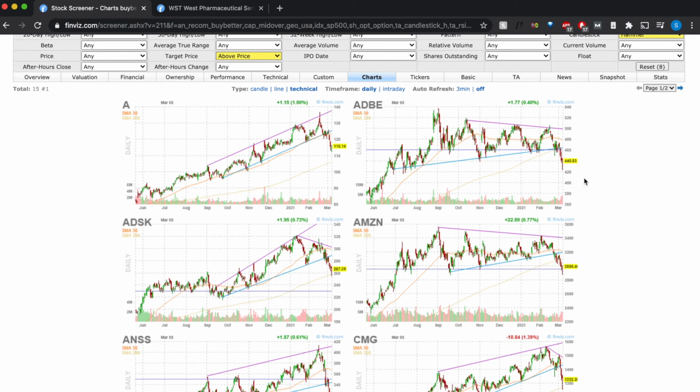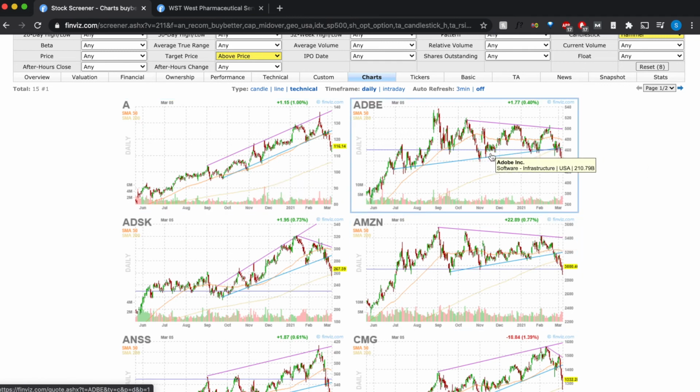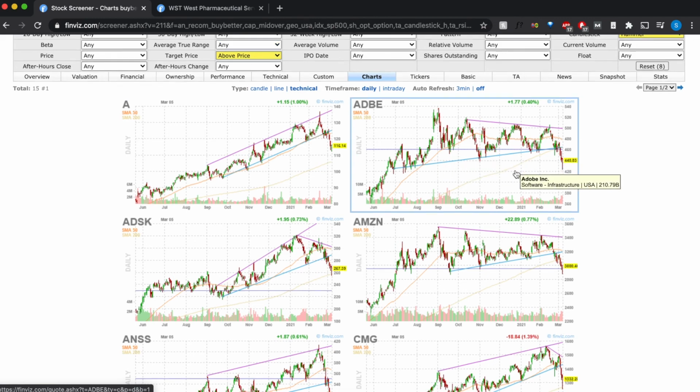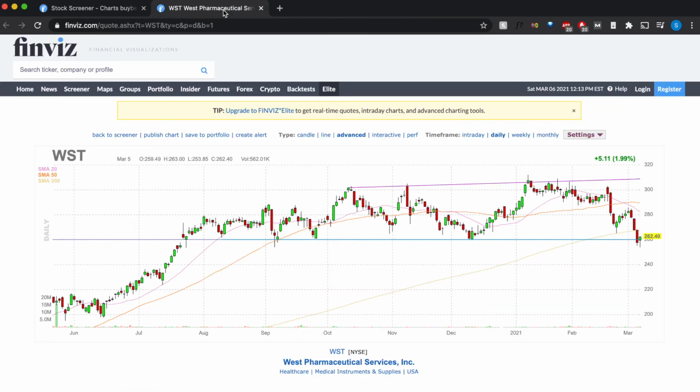So what basically you need to look out for is all these stocks which are basically also now... Adobe I won't consider because this is not at a support level. But like, let's consider WSD. Now it is at a support level. So tomorrow or the next trading day, whenever it is, if I see the stock trading above 262, then this pattern is confirmed. We had a downtrend, we had long candles showing a downtrend, and then we had a long